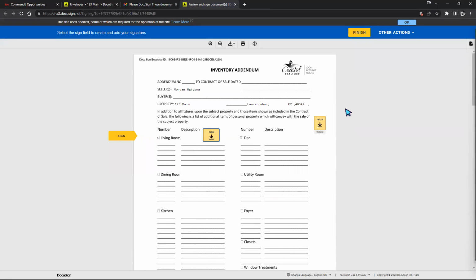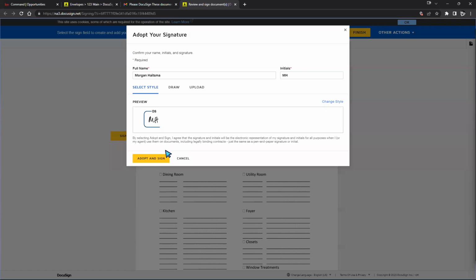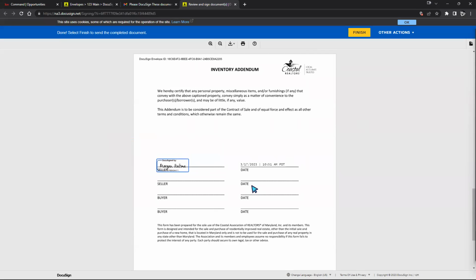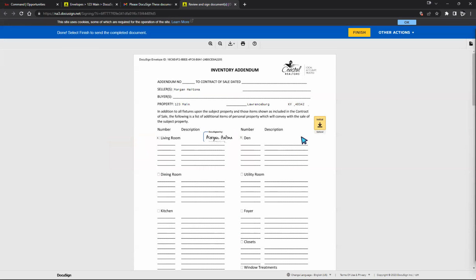Last but not least, your clients also don't need a DocuSign account. So you can send this to them, and they can sign it at the very end. Once I sign this right here, they don't need to do anything other than adopt and sign a signature. And once we complete that, here, I'll sign that one too. Once we complete that,